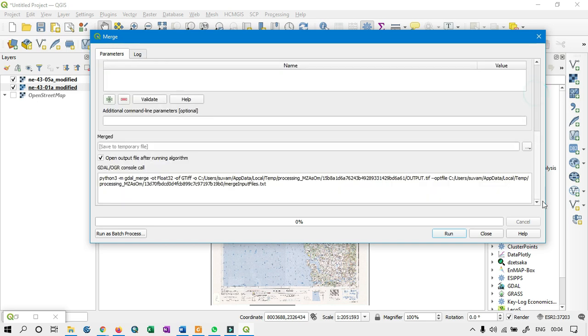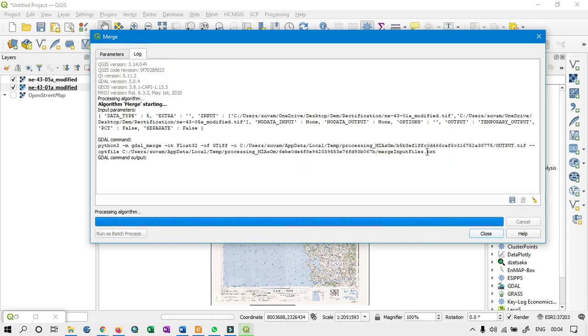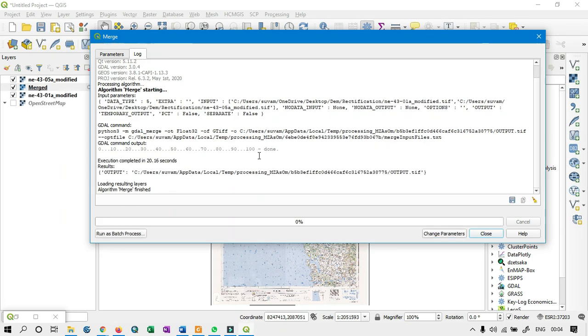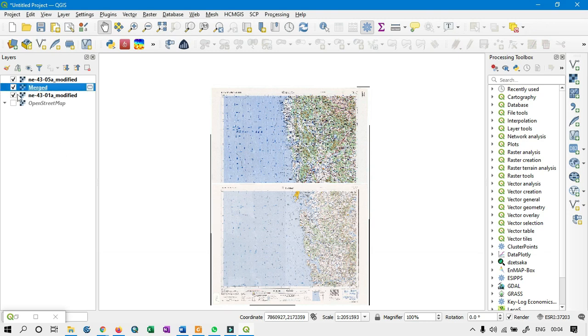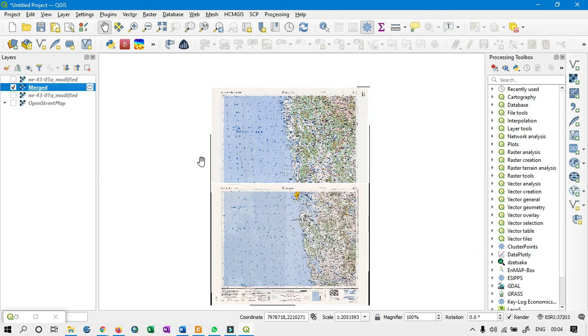Click the Run button. Depending upon the map size it will take some time, and it is saying done successfully. So now our two rasters have been merged with each other.